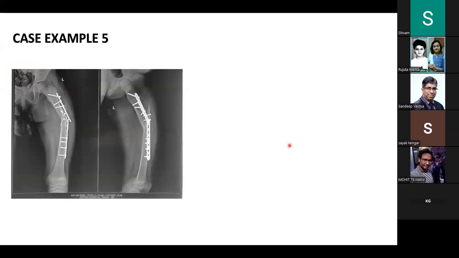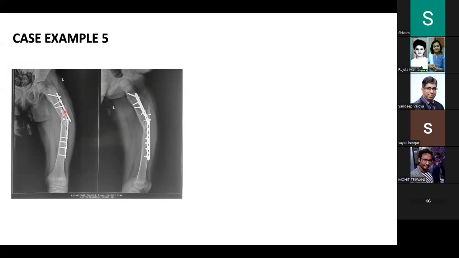Last case I will show. This case again, some of you might have seen. I think Nandini assisted me for this case. So this case was operated elsewhere and presented to me with an implant failure. The history was that post-operatively, this child had something like a compartment syndrome of the thigh, and the wound took a long time to heal. But yet, at this time, there were no local signs of infection,